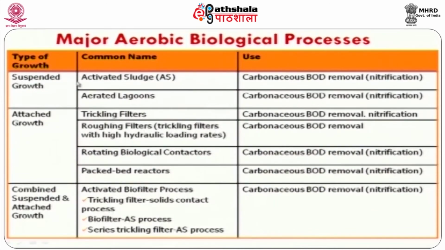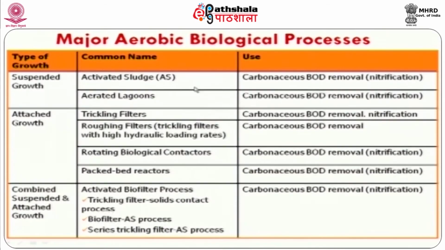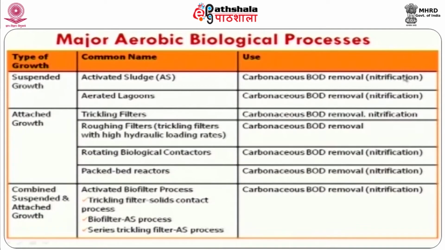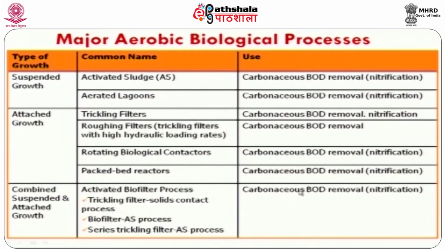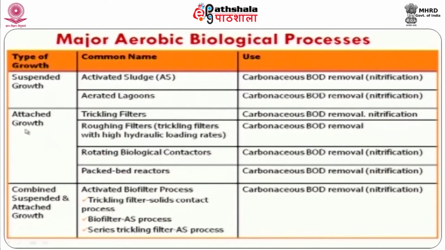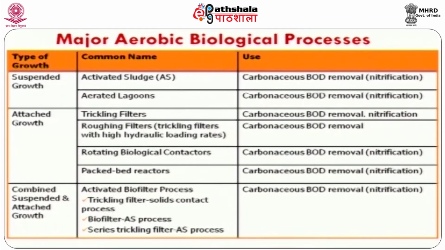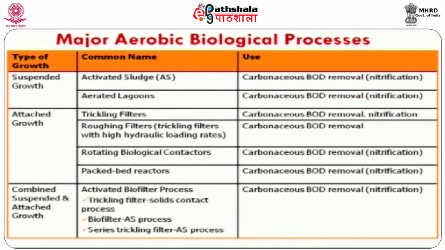The suspended growth activity can be achieved with the aid of the activated sludge process or aerated lagoon. With the help of these two reactors, we can tackle carbonaceous matter. At the same time, some partial nitrification can be achieved with these two kinds of reactors. The second activity is attached growth culture. Here the beneficial organisms are immobilized on the surface of the solid material. The major reactors are trickling filter and roughing filter. Roughing filters are normally used in industrial facilities to minimize the shock load entering the subsequent bioreactor.